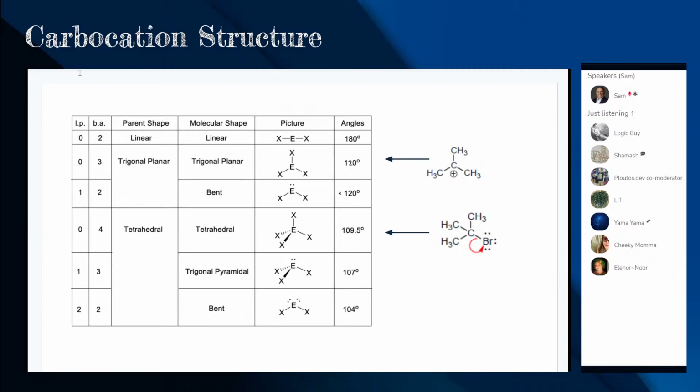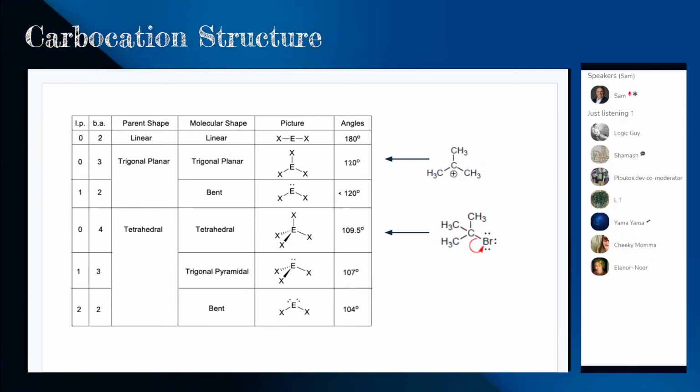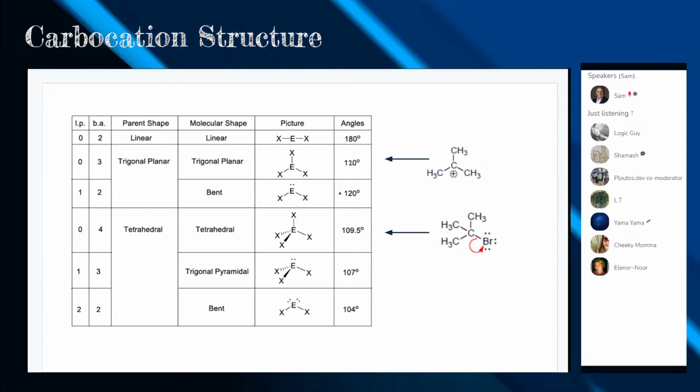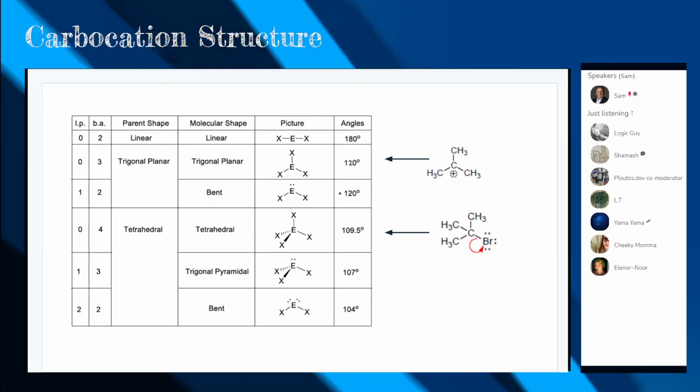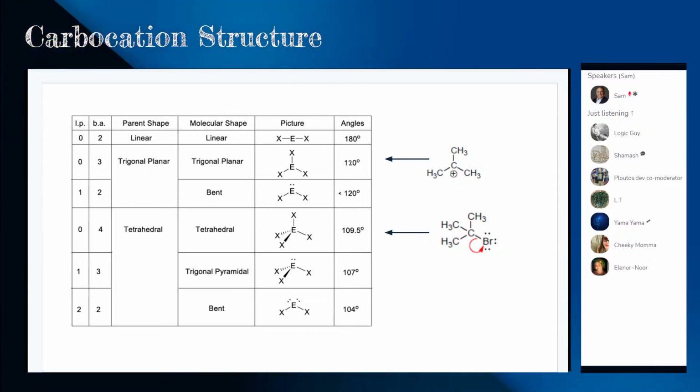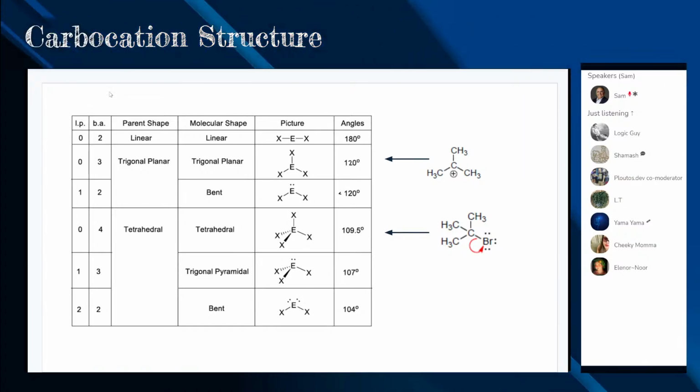And so we see that for the T-butyl cation, we have a central atom, which is E in our picture. E is the central carbon, and 3 X's around it. Those are CH3s. And there's no lone pairs of electrons because carbon doesn't have excess electrons. In fact, it's deficient in electrons. So because there's no lone pair, this ends up being a trigonal planar,